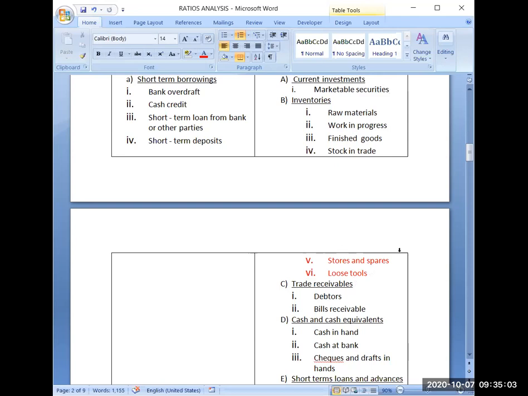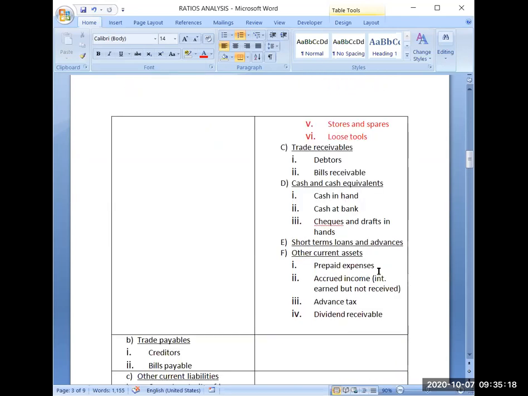So that's why I have put them in red. If you find in the question that these values are there in current assets, then you have to subtract these values from the value of current assets. Then trade receivables,